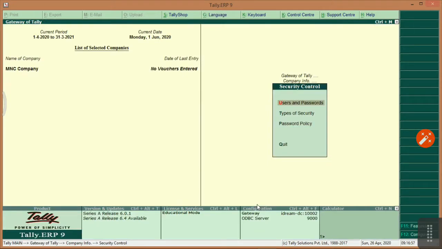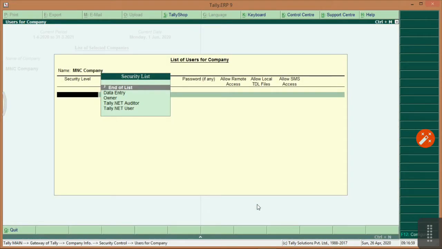Now, how many users are available in Tally? One is data entry, second is owner, Tally.net auditor, and Tally.net user. Okay, these options are available for the auditor version. Then when you use the Tally auditor version, there is the Tally.net user.